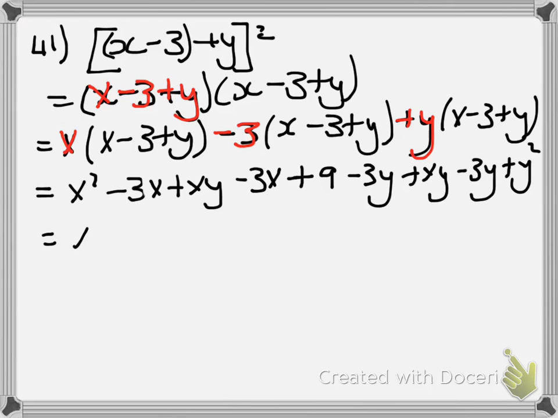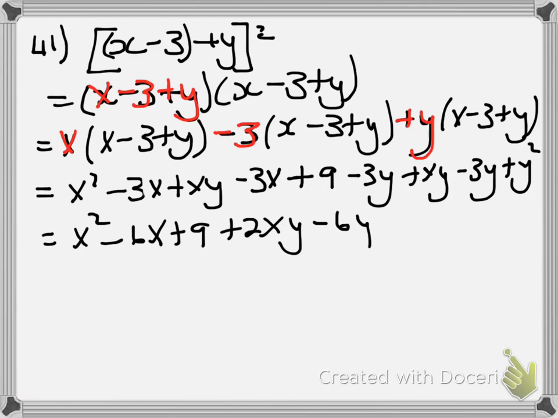Final answer, x squared minus 6x plus 9 plus 2xy minus 6y plus y squared. That's a mouthful. Alright, let's go to the